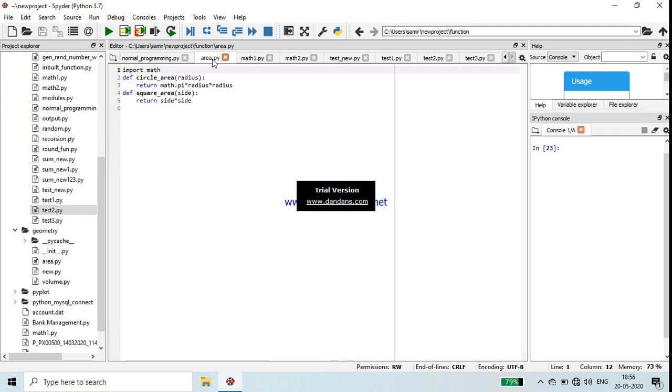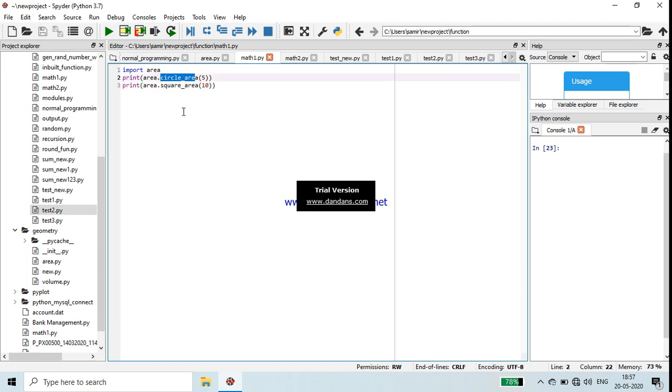Now how to use this module in another program? As I told, a module is Python code that contains functions, variables, classes that can be called in other programs. See how it can be called in another program. Here is one program, math1.py. Here I am importing that module area: import area. After that, area.circle_area.